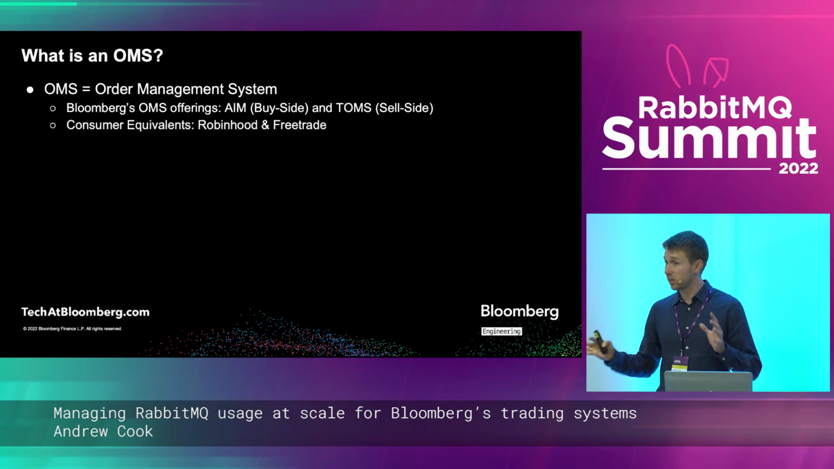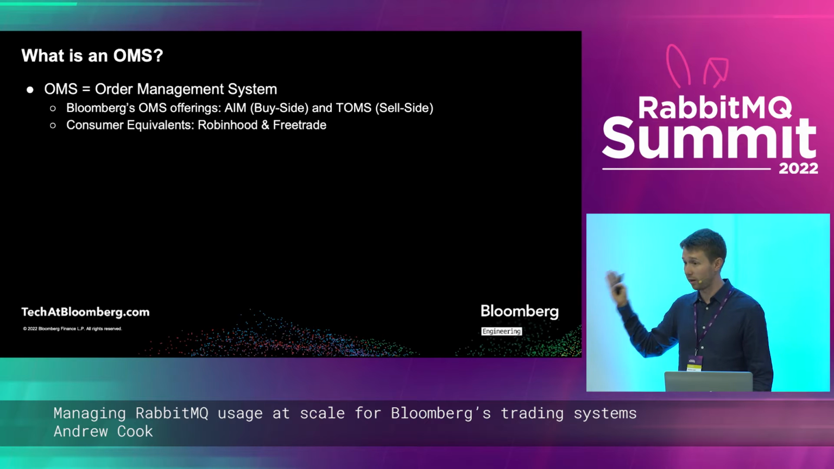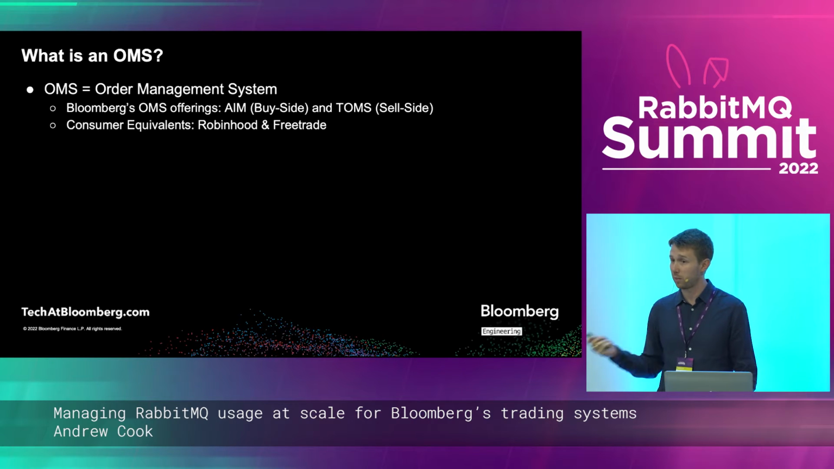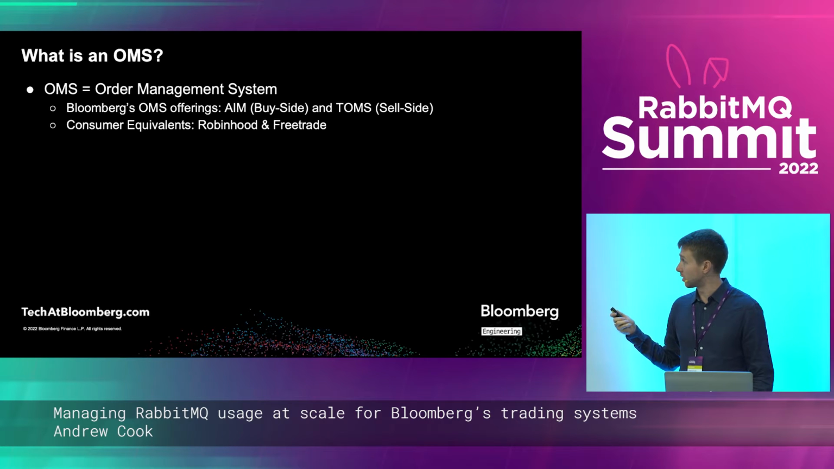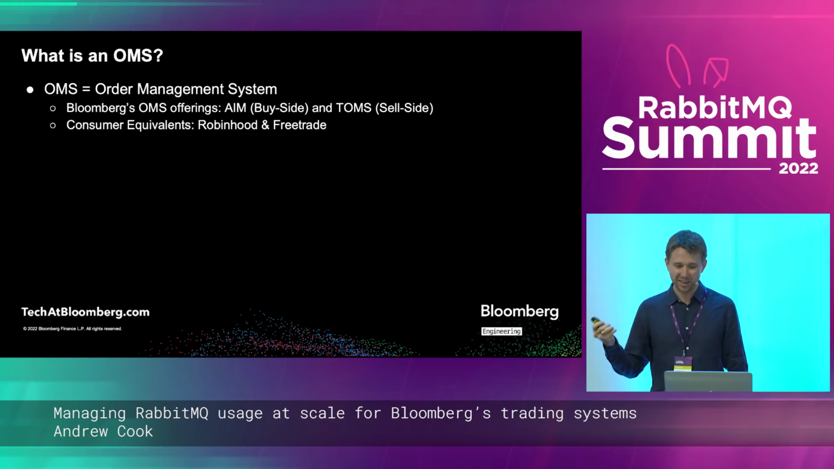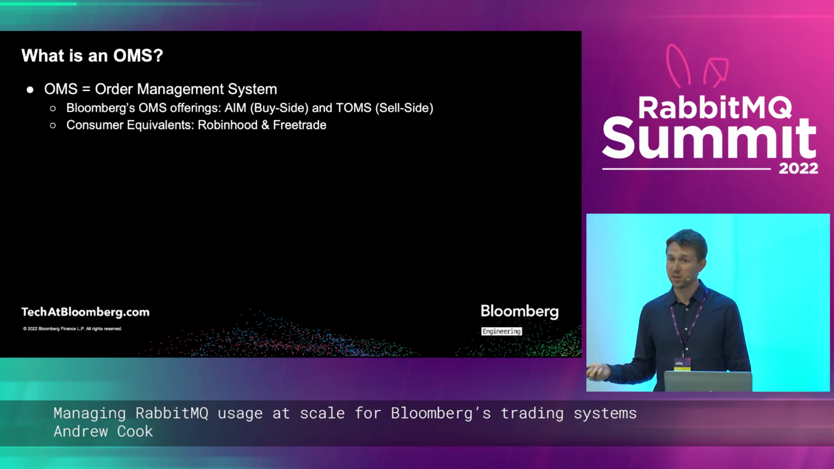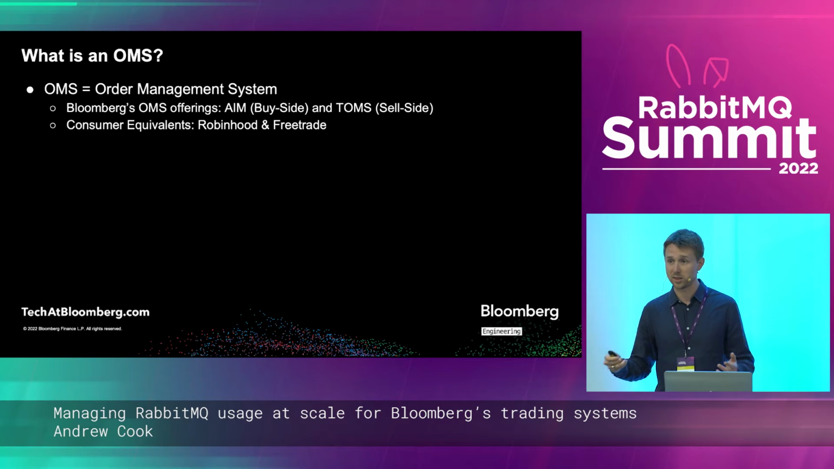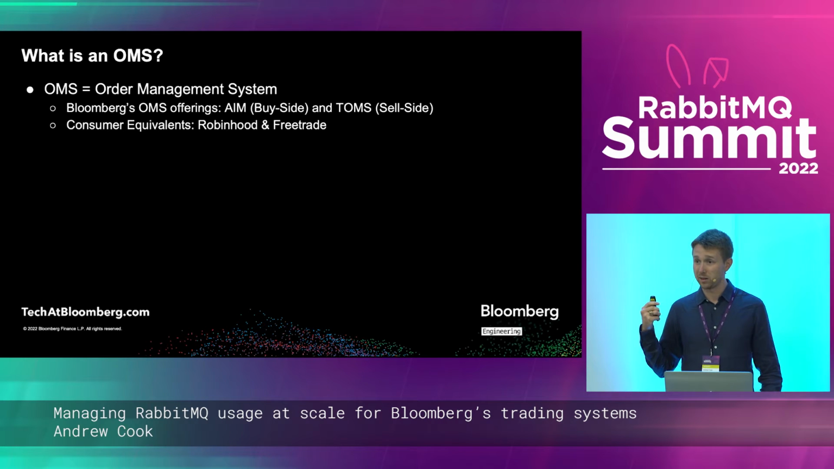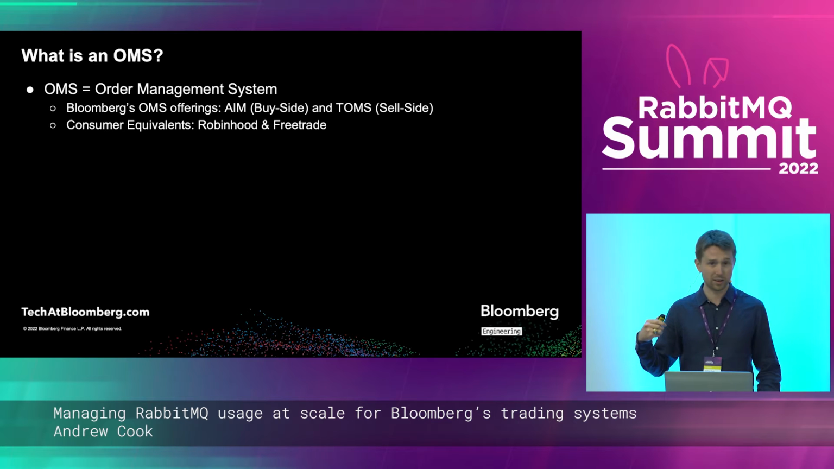The best way to understand an order management system is by understanding the consumer products that are equivalent here. Especially in the US, we have Robinhood. That's a very popular app for managing your assets, for trading stocks and such things. And my understanding is that in the UK, y'all have something called Free Trade, which is very similar. These are order management systems. Really, the only difference between how these work and how Bloomberg works is that Bloomberg operates at the enterprise level. And our clients do much larger volume trades and often very different kinds of trades than what you might find